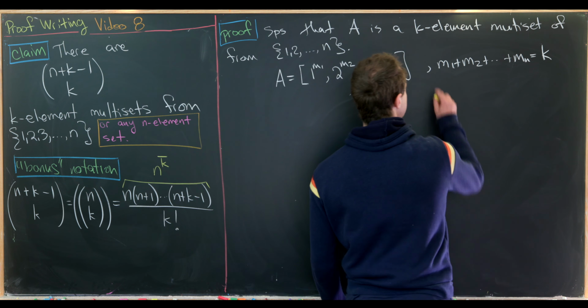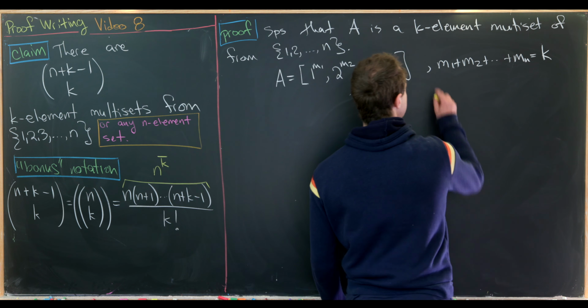Star, star, star, star, so a bunch of stars, and then a bar, and then a bunch of stars, and then another bar, and then that ends with a bar and a bunch of stars. So something like this. And like I said, this denotes the first position, so the position of the number of 1s. So that means there are m1 total stars here. Then this is the position for the number of 2s, so there are m2 stars there. And finishing off way down here, this denotes the number of n's, so there are m sub n number of